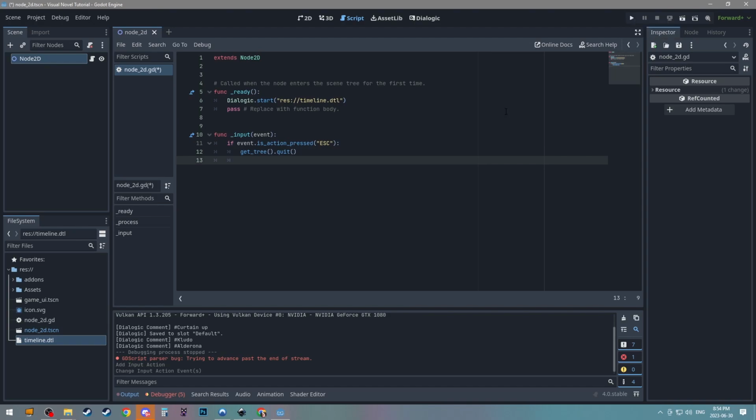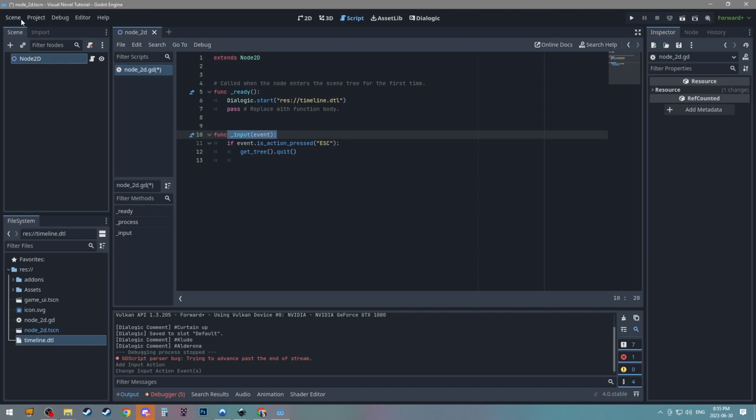And if we hit escape, we're just going to kill the game. All this is saying is it's listening for anything we push for input, like button presses or anything. In our case, it's an escape. So if action pressed escape,